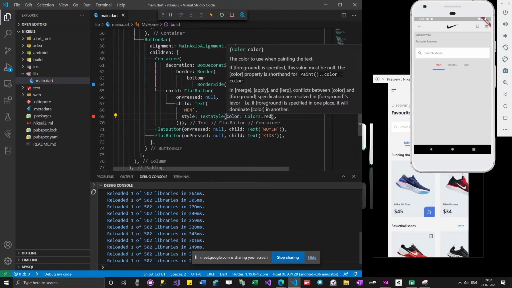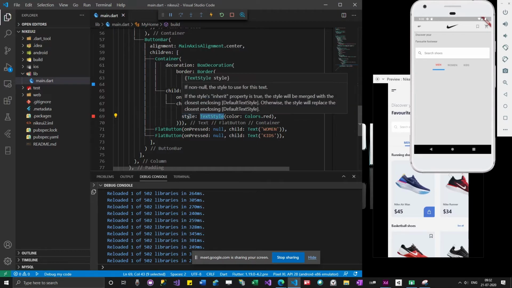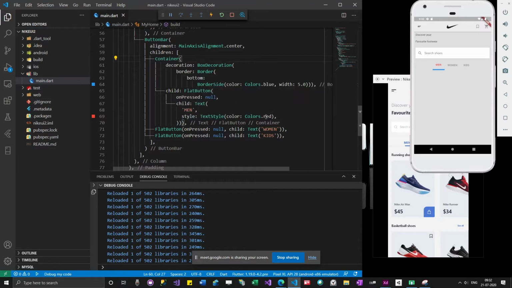If you guys are wondering how I get the idea to code all this, it's all through practice. Like I said, split programming. You'll have an example which is working, you follow code suggestions and try to follow whatever is shown here. How will I know that I have to pass text style to style? I hover my mouse and I can see text style is the one accepted. If it is an abstract class, I need to see which classes have inherited it. So likewise, I need to give a blue color over here.